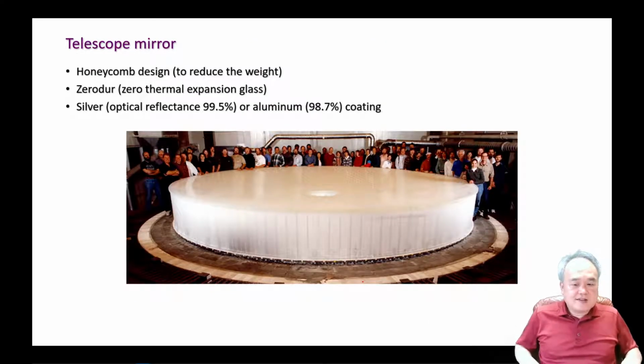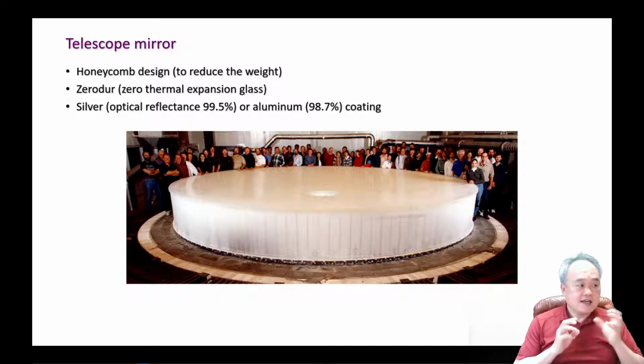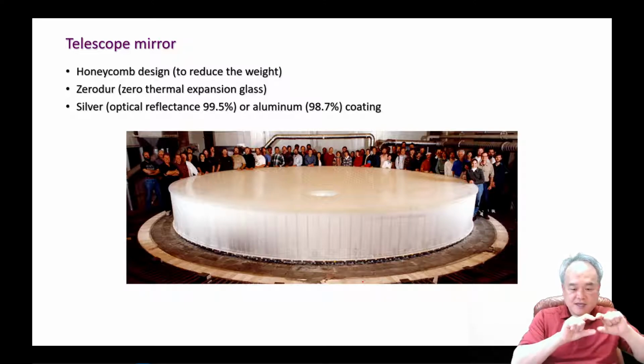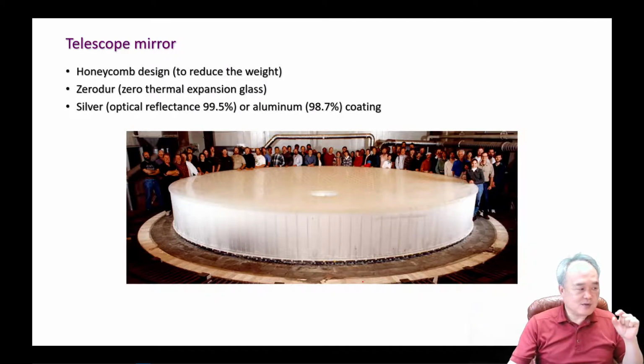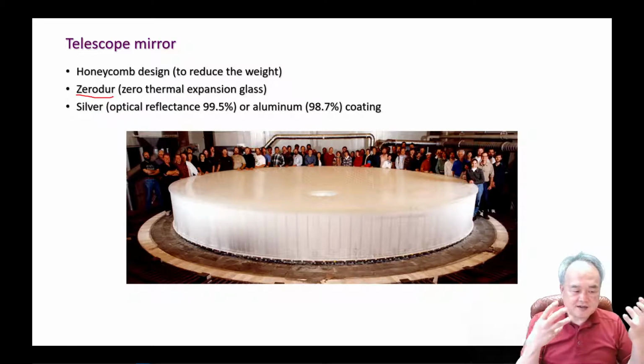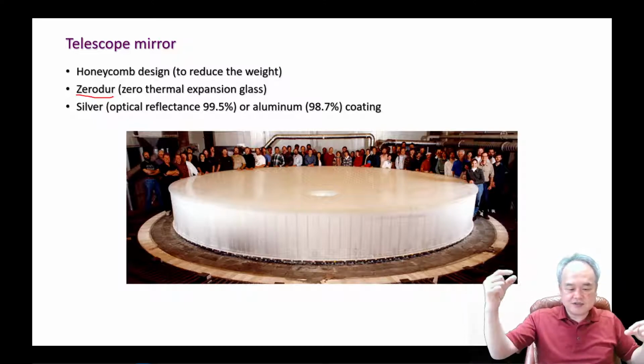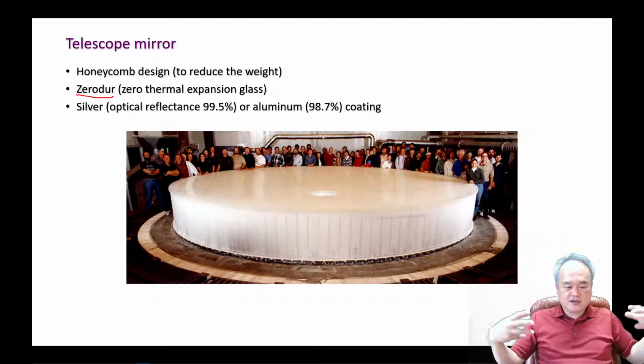Let's talk about the telescope mirrors before we wrap up this part of the lecture. A telescope mirror is made of a special type of glass, made of so-called Zerodur. The prefix zero means it has zero thermal expansion. So this special type of glass material does not easily expand or shrink